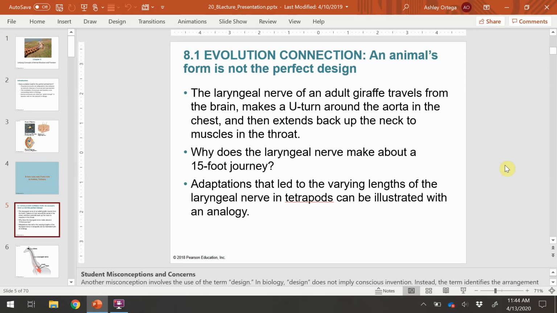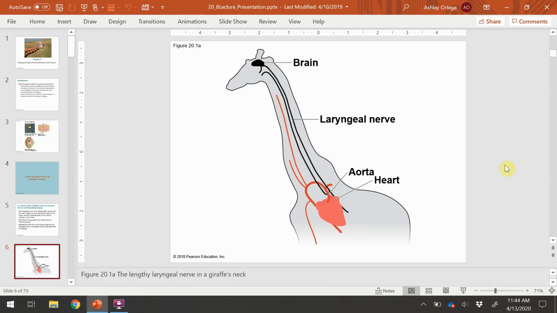And we start out with an example of how the animal form is not perfect. And this example comes from the giraffe. Their laryngeal nerve is a very long nerve. It actually starts from the brain and then goes around the aorta in their chest. So that's the blood vessel to the heart. And then it turns around and goes back up through the neck to the muscles in the throat. And so it makes a very long journey, about 15 feet, as the neck's about 7-ish feet long. And so you can see that here in this image,